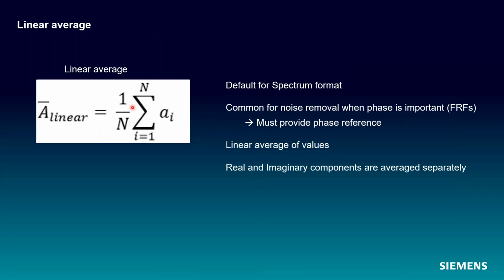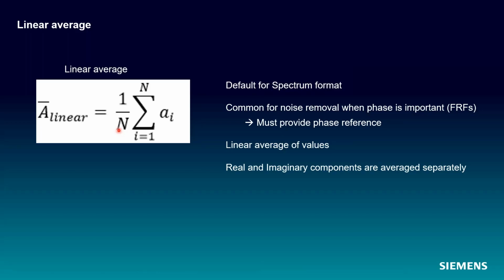So for a linear average, it is just like we learned in elementary school or maybe junior high. I'm not exactly sure, it's been a long time since both of those for me. But we essentially sum up all of our values from 1 to however many we have. We add them all up and then we divide by however many we have. And that's a linear average, pretty straightforward.